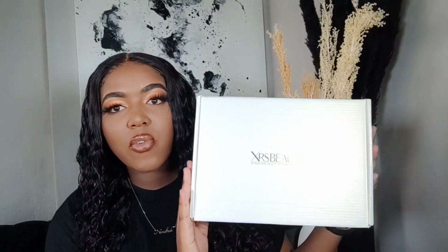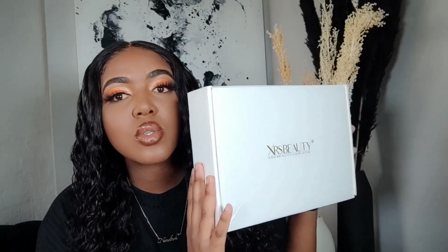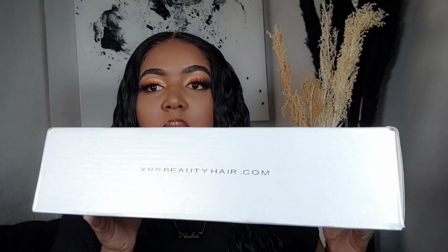If you do not want to go through all of this effort, you really do not have to, but I like going through the effort. It just makes it look more realistic. So this is the beautiful box that your wig will come in. It is so beautiful. It is gold foil. It says Xrsbeauty.com on the front as well. It has their website, www.Xrsbeauty.com. It came with those clips that I showed you guys that I used, and inside, I'm going to just